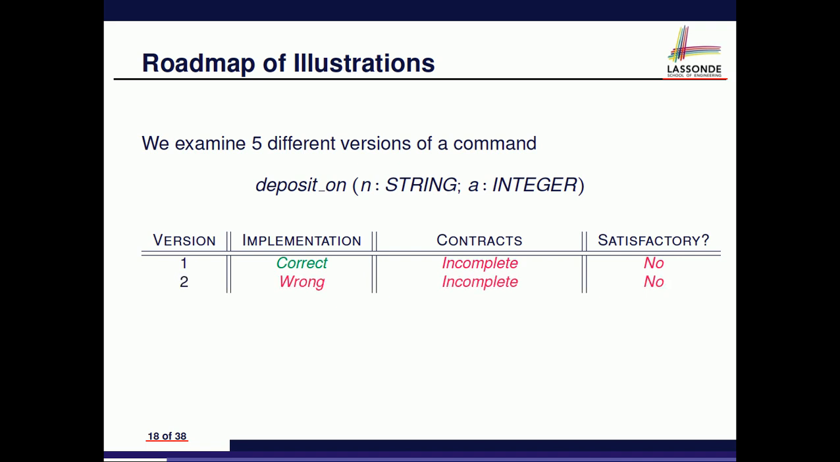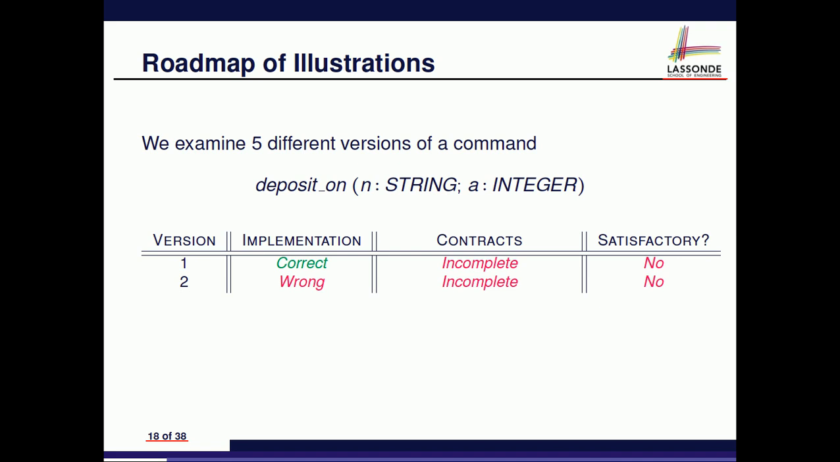Version number 2 tells you that we keep the same incomplete contracts. However, now we change the implementation to be wrong. This is where you're going to see trouble, because there's something that goes wrong, but nobody is to be blamed, right? Then that's not a good design. Okay, that's version 2. And then version number 3, 4, and 5 is going to see how we can incorporate